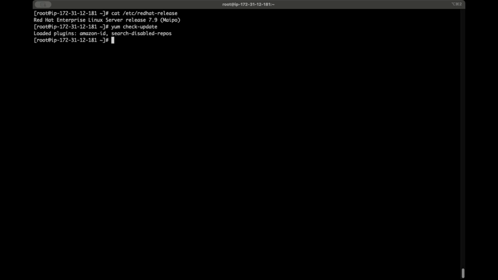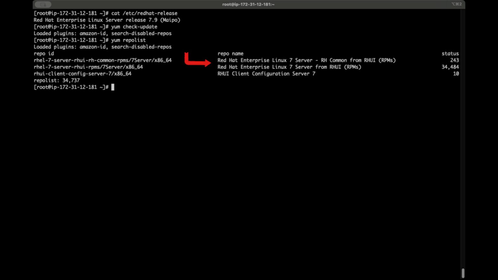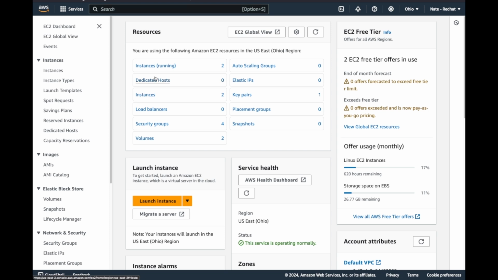There you go. Now, if we do a yum repo list, it'll tell us it's got the plain old RHEL 7 Amazon-hosted RUI repositories, right? So that's that. Now, if we switch over to the AWS console, here I am looking at my AWS EC2